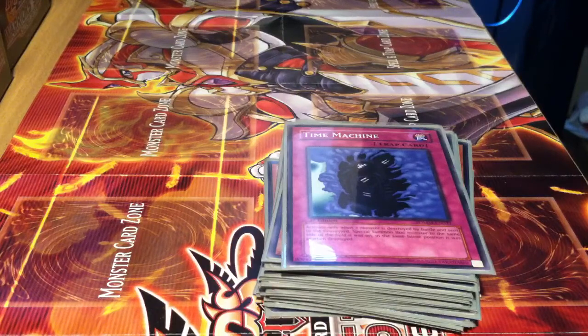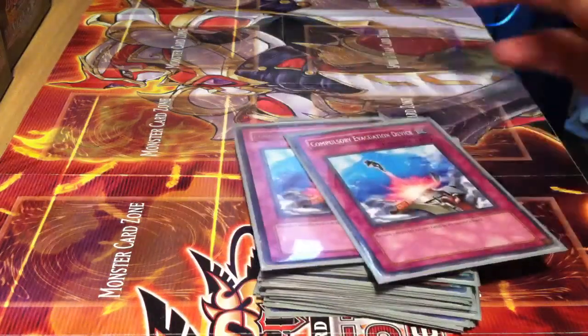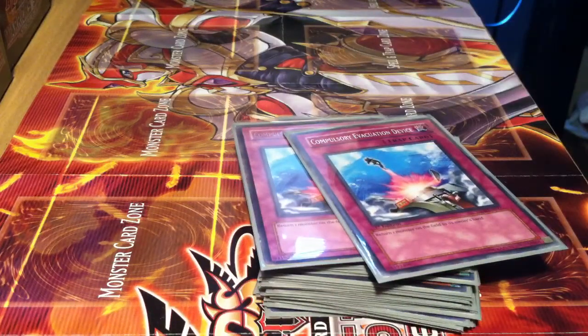In the same position that it was in. So if it was a defense position monster, it'll go back to defense. Attack, attack. Or I think if it's face down as well, it'll go face down. I don't really remember. Two Compulsory Evacuation Devices for those pesky Stardust or Xyz like Utopia or